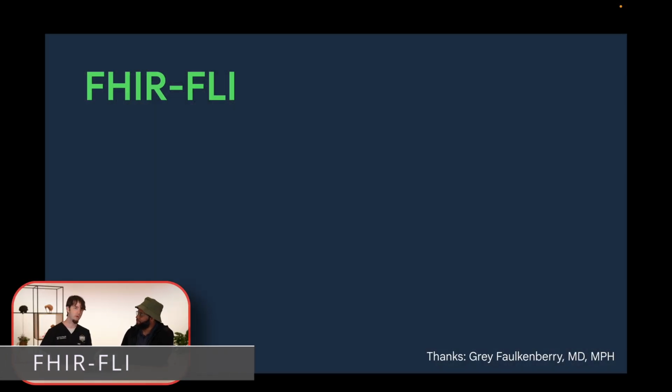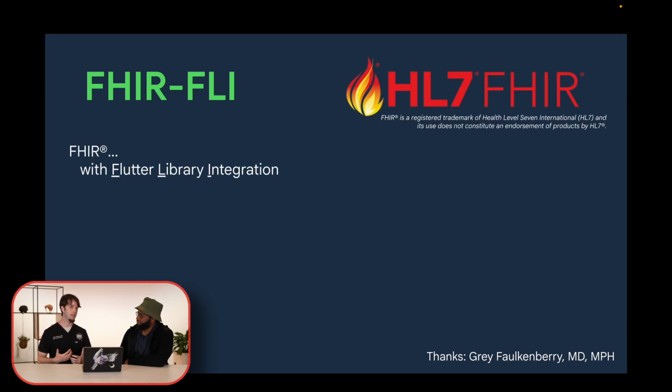It's also important to note that this uses a thing called FHIR-FLI, which is based on the healthcare data standard, FHIR, which is Fast Healthcare Interoperability Resources. That's been around since 2012. It is the global standard for interoperability of healthcare data. It is government mandated for certain electronic medical record use cases in the United States. And it's really a global endeavor and has been for years. If you're ever building stuff with healthcare data and you want to exchange that interoperably, you should be using FHIR.